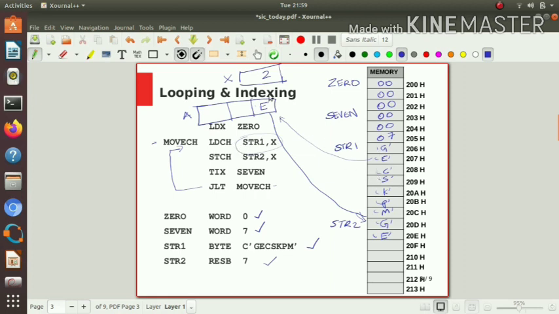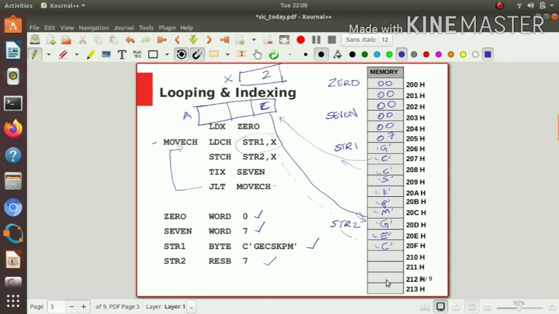That means str1 plus 2, that means this character C. C will be loaded into the accumulator. C will be loaded here and store that value into str2 plus 2, that means here GC.